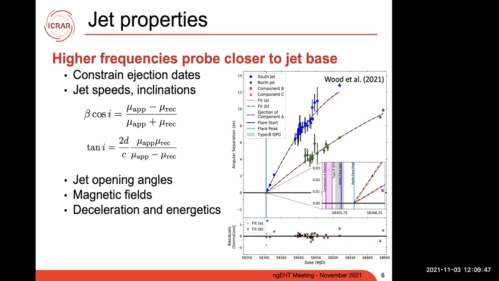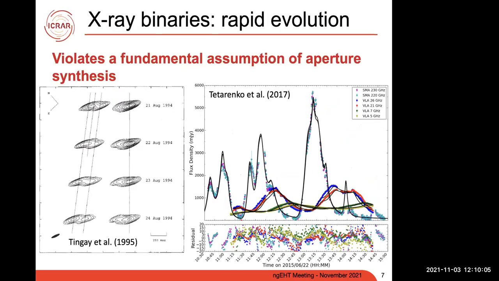We can determine the jet speeds and the inclination angles, which give us Doppler factors and hence energetics. We can look at how the jets are expanding to get their opening angles. Polarization can give us the magnetic fields. And we can see by tracking these proper motions whether the jets are decelerating and what that tells us about their energetics. Now, the trouble with this rapid evolution is that it is violating a fundamental assumption of aperture synthesis,